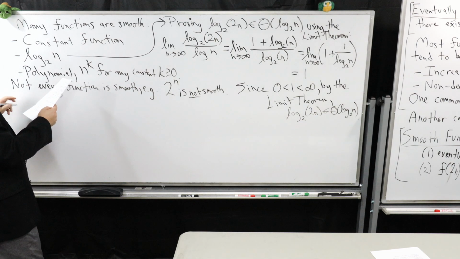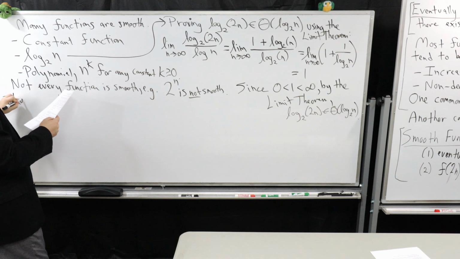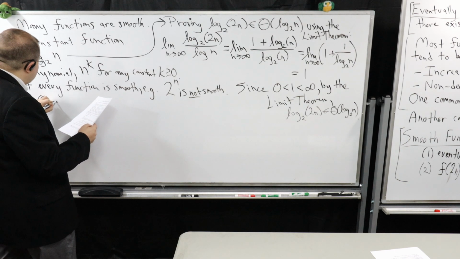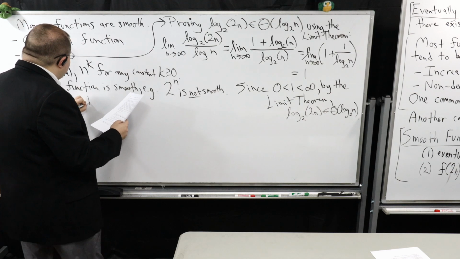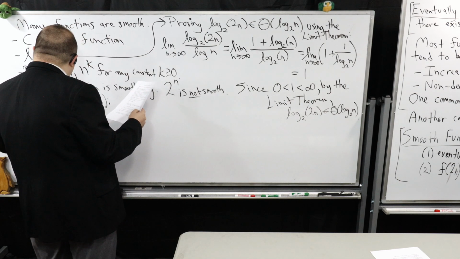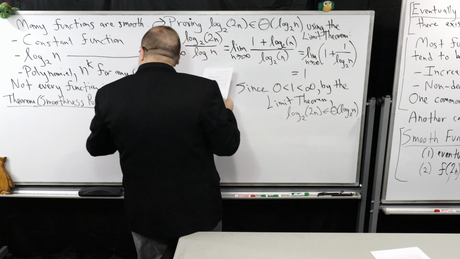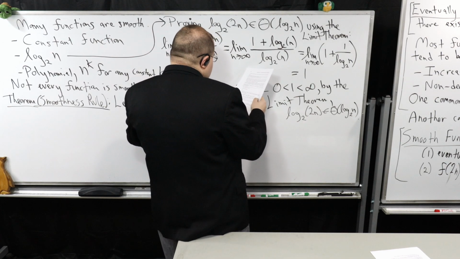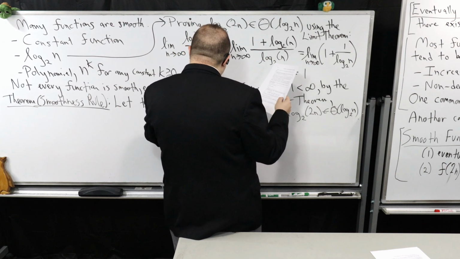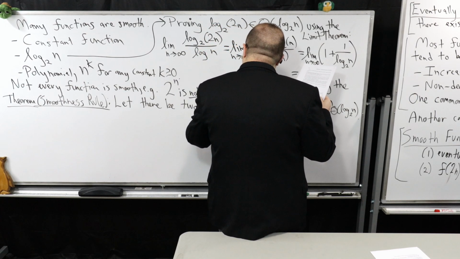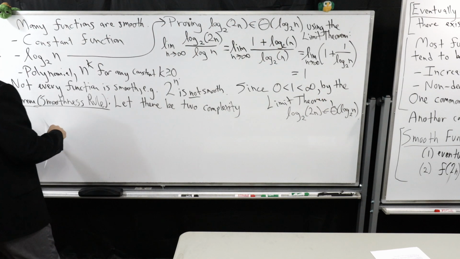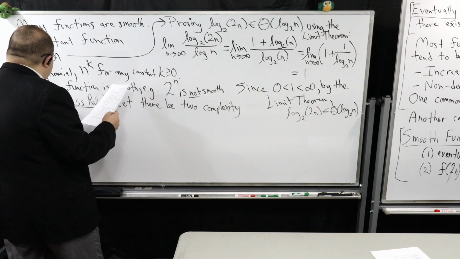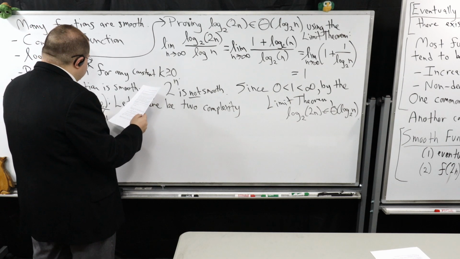But here's the main thing I want you to be aware of with smoothness. This is often called the smoothness rule. A lot of the theory that I'm going to show you is built around this smoothness rule. So here we go. Let there be 2 complexity functions f and g,